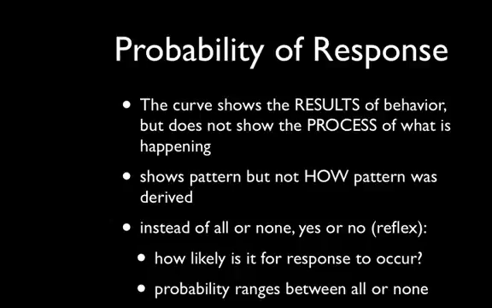Skinner talks about the all or none nature of responding. Now, reflexive, respondent behaviors are all or none. If the stimulus turns on, the puff of air into the eye, you will get a response or you will not. Okay? But for operant behavior, it's different than that, Skinner postulated. It's not an all or none, yes or no sort of thing in operant behavior. And he then came down on the phrase probability of responding. The probability of making a response in any one situation is somewhere between 0 and 100%, of course.